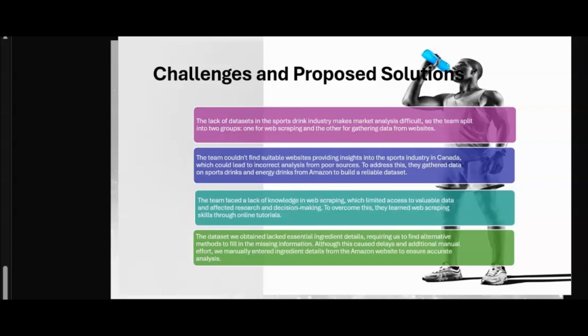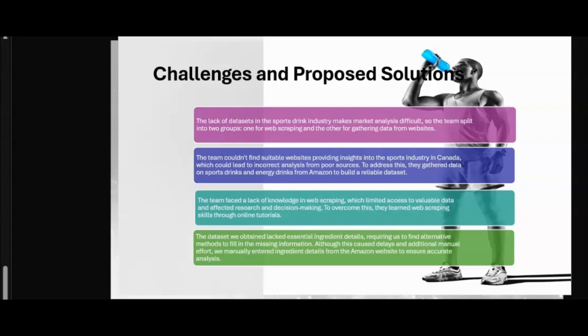So we gathered data on sport and energy drinks from Amazon to build a reliable dataset. The third problem the team faced was a lack of knowledge in web scraping, which limited access to valuable data and affected research and decision making. To solve this, we learned web scraping skills from online tutorials, like YouTube and many other websites.